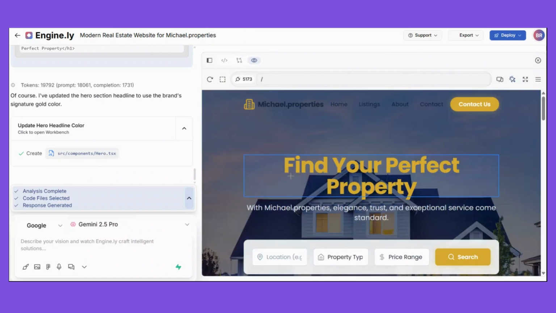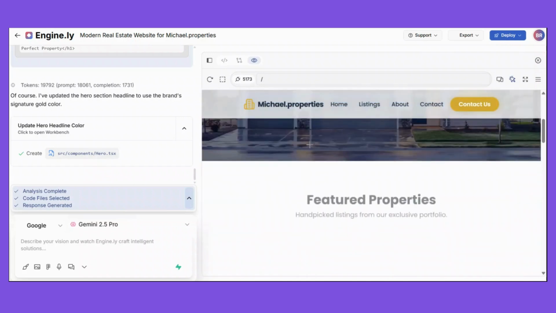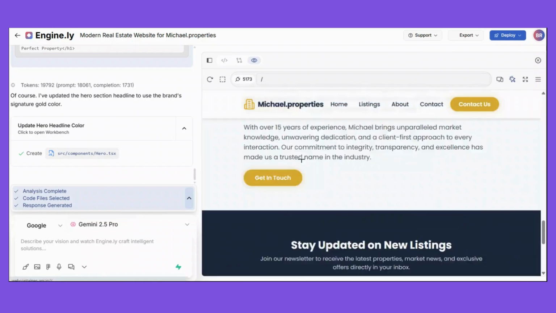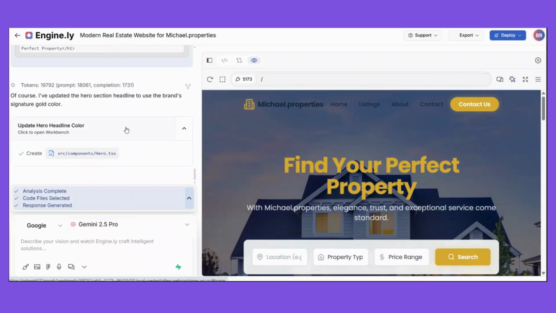As you can see, look at the color. Now it is yellow. All right. So you can change anything you want from footer to header. Okay. So this is the tutorial